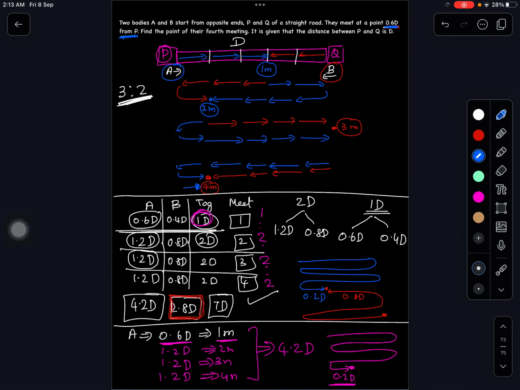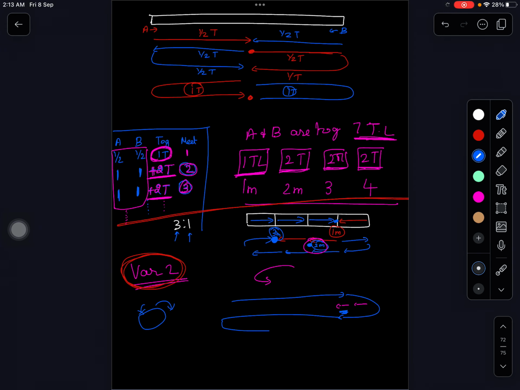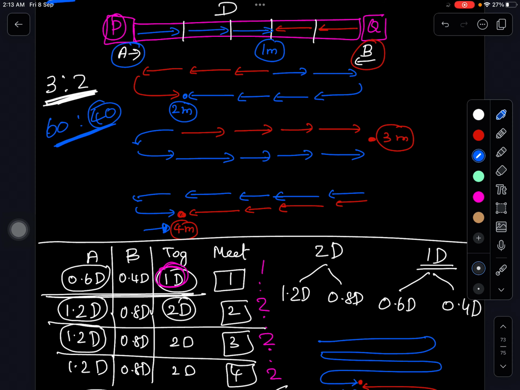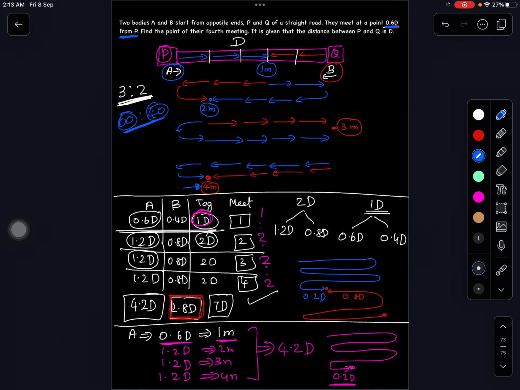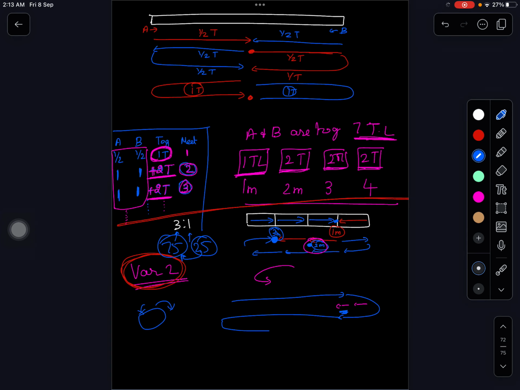How do we ensure that? Maybe one round of slight trial and error if their speeds are significantly apart from each other. If the speeds are not significantly apart, even 3:2 is not significantly apart. 3:2 is like one is 60 and the other is 40, which is comparable. But if one guy is 75 and another is 25, that is 3 times, which is much bigger. Here it is just 1.5 times. There is a small scope for error, so students should make sure that they don't fall into this particular trap. With this, we'll wind up this particular